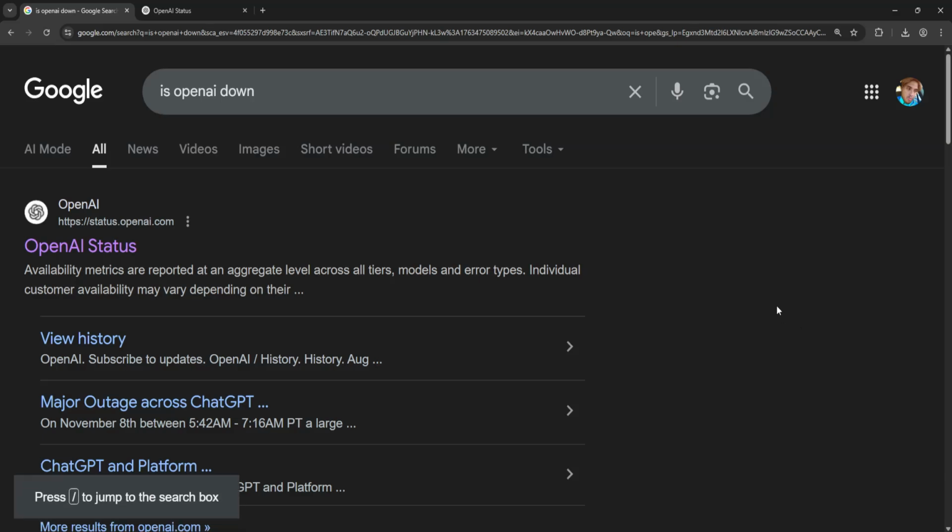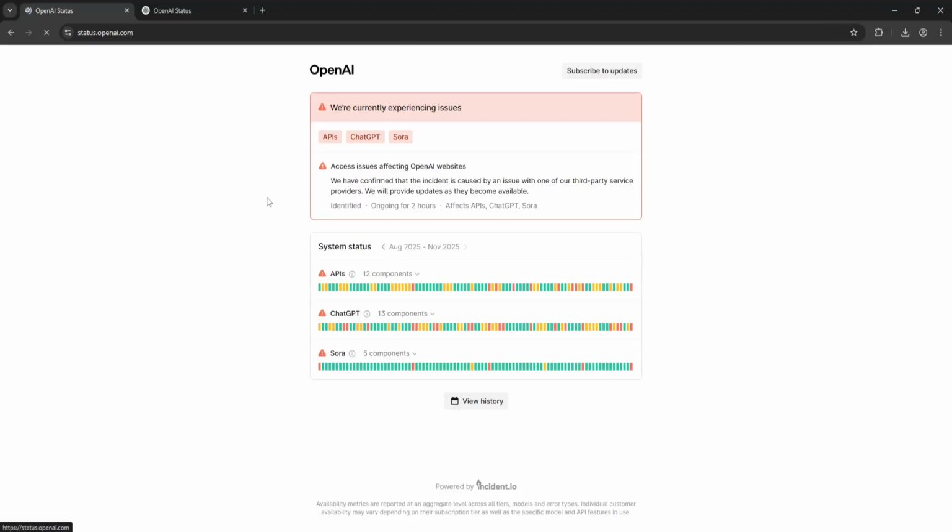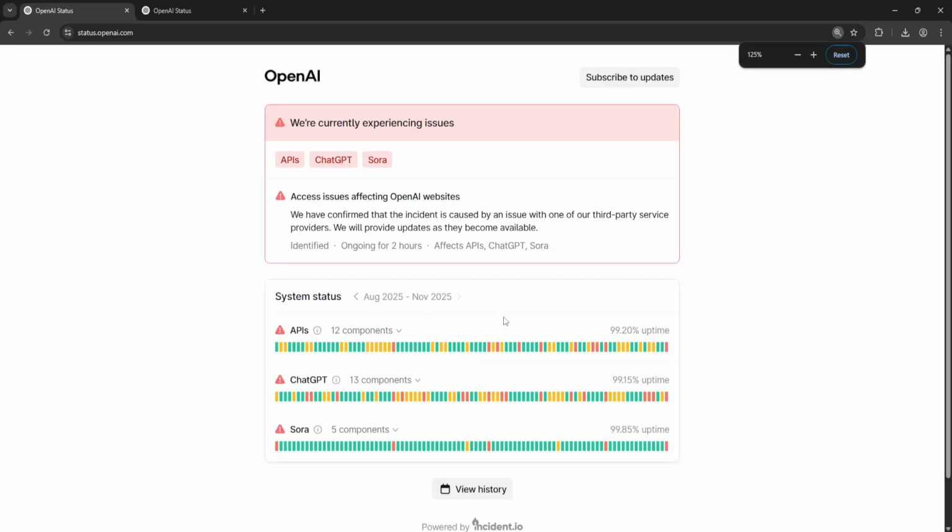How to fix unable to load conversation in ChatGPT. I'm going to show you 3 different fixes. For the first one, you want to search for is OpenAI down and click on OpenAI status. Just make sure that ChatGPT is working. If there are any issues here, they will be reported and you will know that it's not coming from your